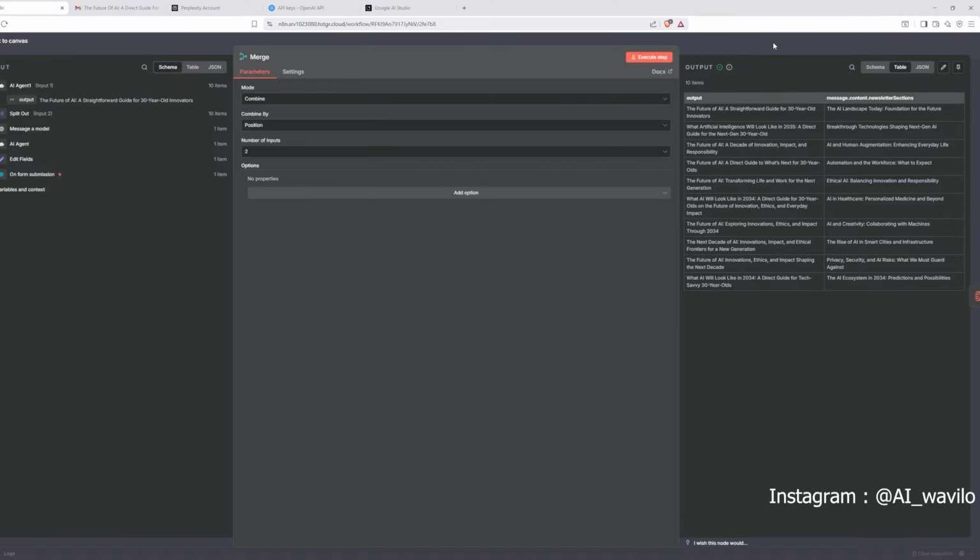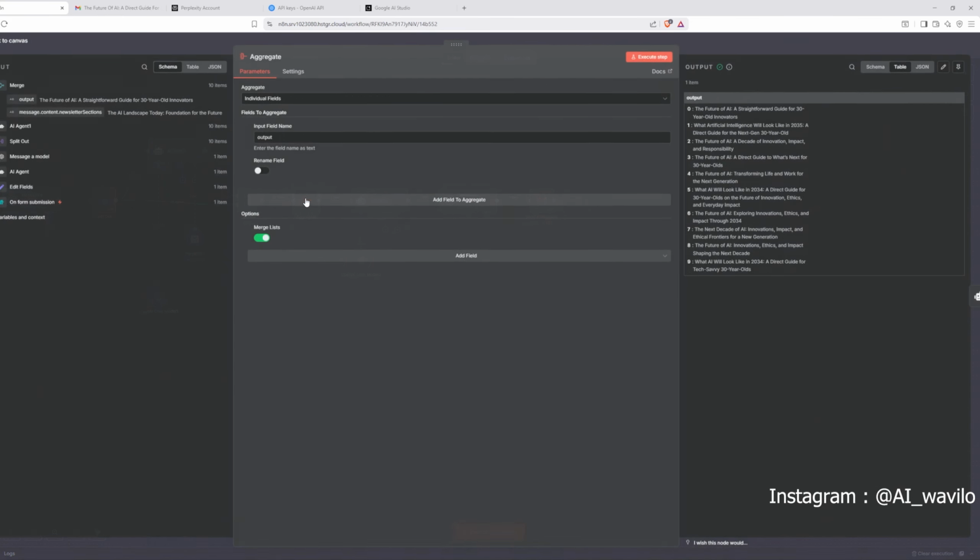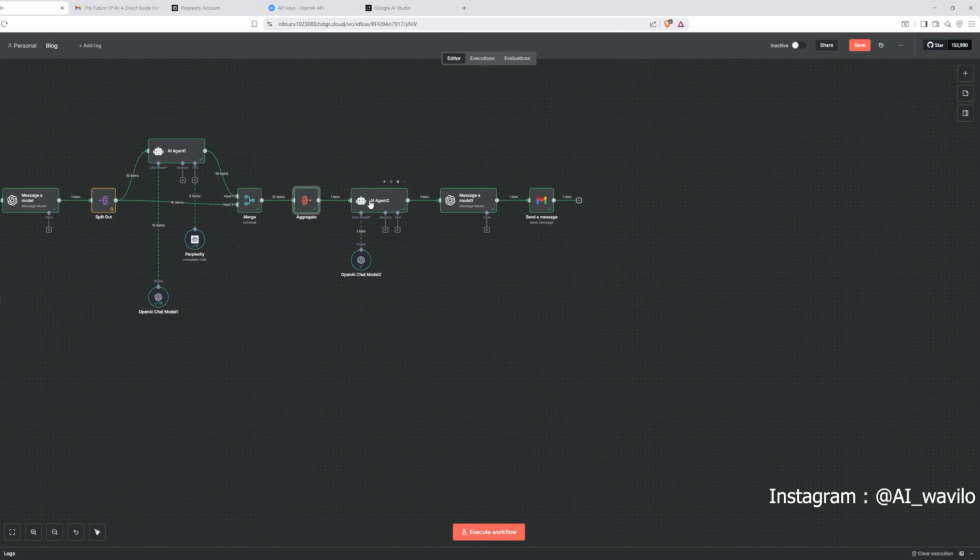So I want everything to get together. Everything should be in one place. So over here we have aggregate, and choose individual field and output. Just drag from here to here and then merge list. So this is the output. Then once everything is aggregated,